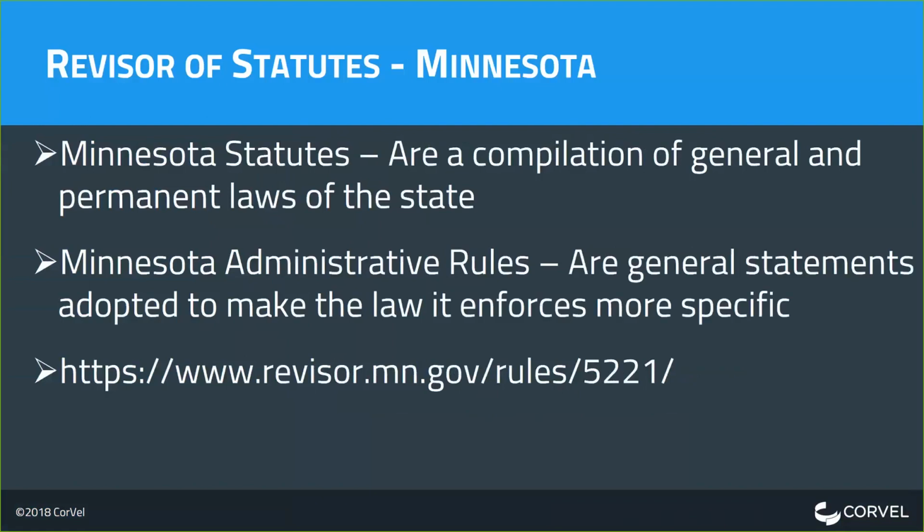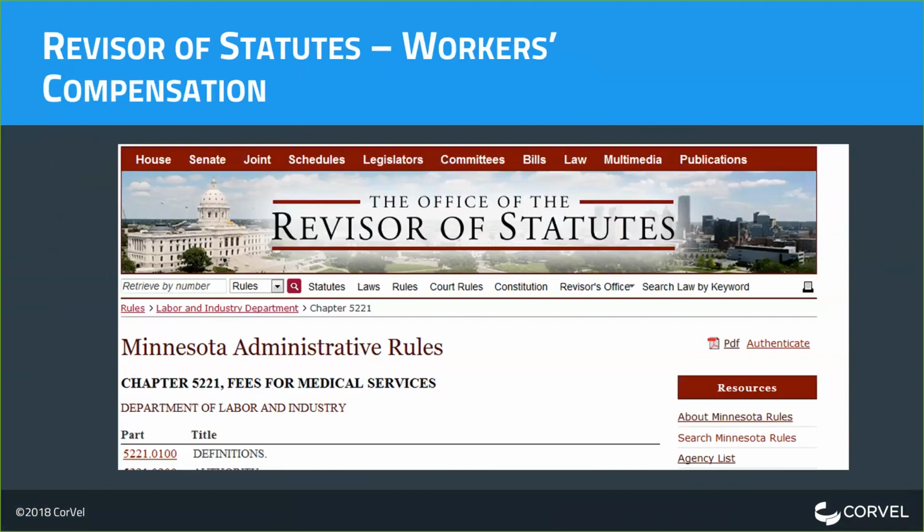So first of all, the Revisor of Statutes is where you're going to locate statutes and rules. The difference between statutes and rules: the statutes are a compilation of general and permanent laws of the state. The administrative rules are the general statements that are adopted to make the law it enforces more specific. I've also included on this screen the link that will take you to the rules. It'll take you to Chapter 5221, which is called the fee schedule, but embedded in 5221 are the treatment parameters,